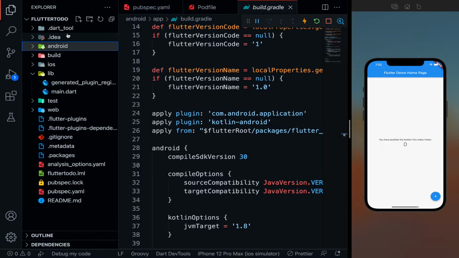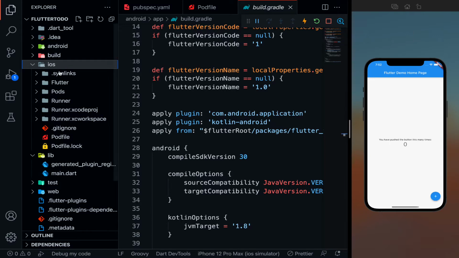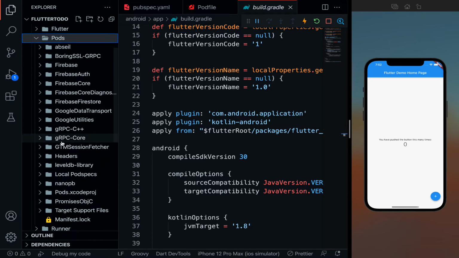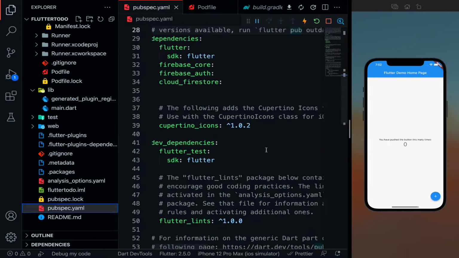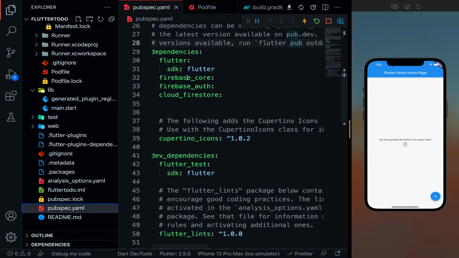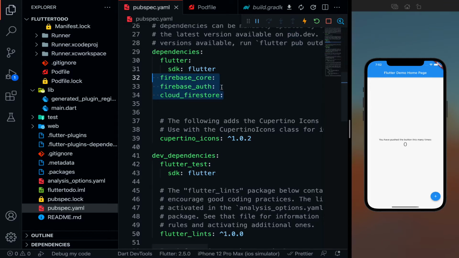So let me just close the Android app. In the similar way, we have to connect your iOS app. For that we have the iOS folder. In the iOS folder, we have these pods. For all the libraries that we will be installing in the pubspec.yaml, this is the pubspec.yaml file. Let's say because I wanted to connect my Firebase Auth and Cloud Firestore, I put these three dependencies over here. Don't worry if you don't know about these dependencies. When you connect your app with Firebase, it is going to automatically tell you to please add these three dependencies. Perfect. So this is the pubspec.yaml file.